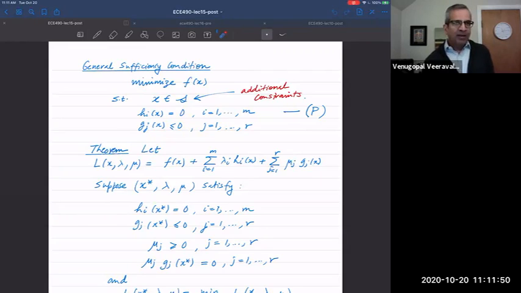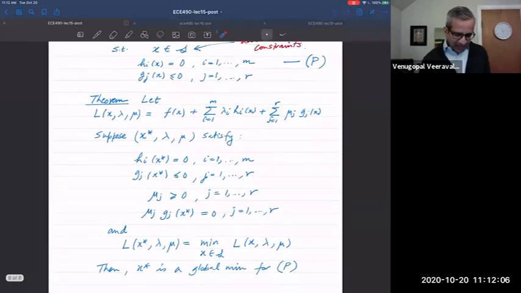And sometimes dealing with all of those Lagrange multipliers and looking at different cases might get complicated. So you could avoid some of the complication by absorbing some of these constraints into S, and then you can deal with that S separately. Okay, so what this theorem tells us is that